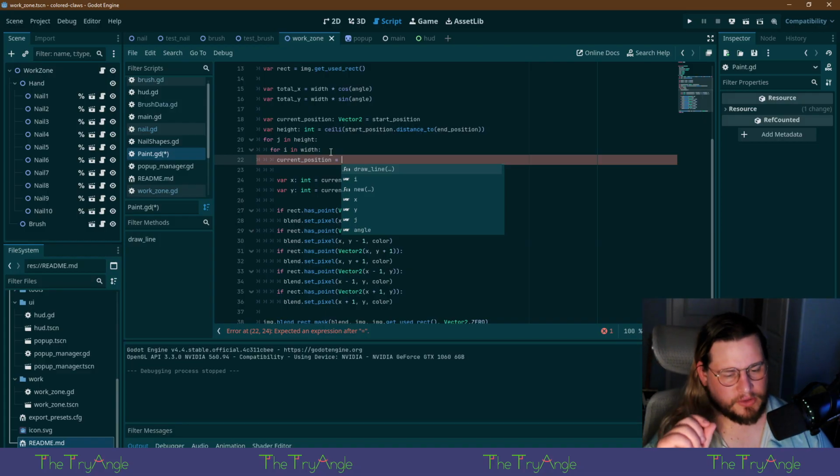We could get a unit vector and then get the height along that vector in units.